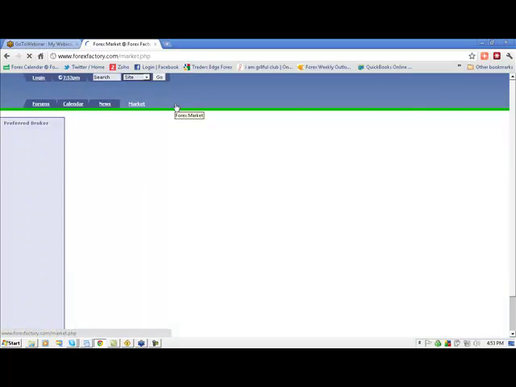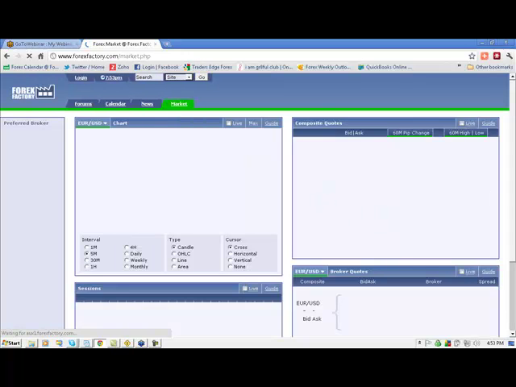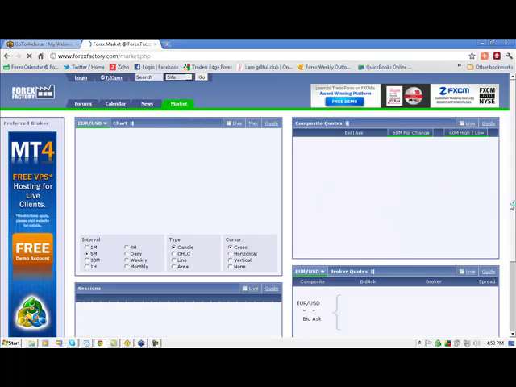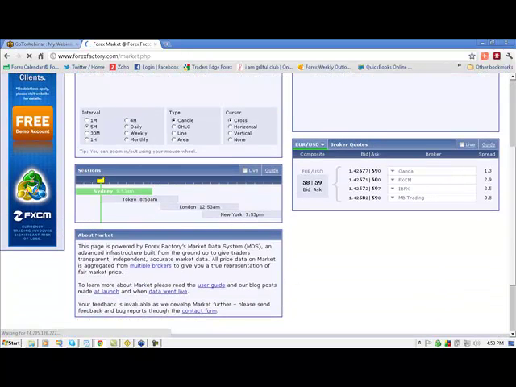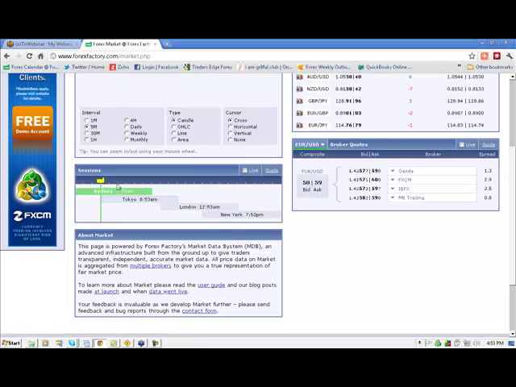Now, if you go over to their market section and you drop down, they have a little thing here called sessions, and it has in there the time. It gives you